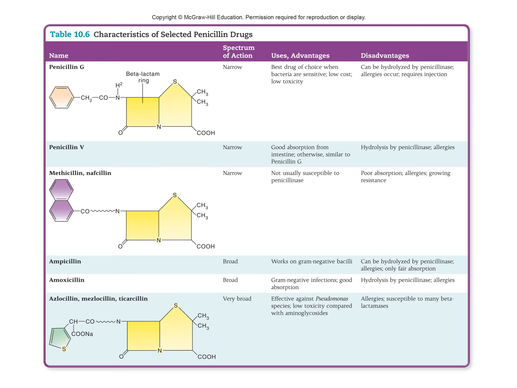Amoxicillin, so that's a common medication. I'm sure many of you have probably taken it. So that's broad spectrum as well as ampicillin. And then this third class, which we don't use very much, is also very broad as well. So they're just kind of showing you the medications in this class, whether it's narrow or broad, and how they vary. So if you notice, the beta lactam ring is the same on all of them, and then it's that extra functional group that's hanging off that makes it a little different.